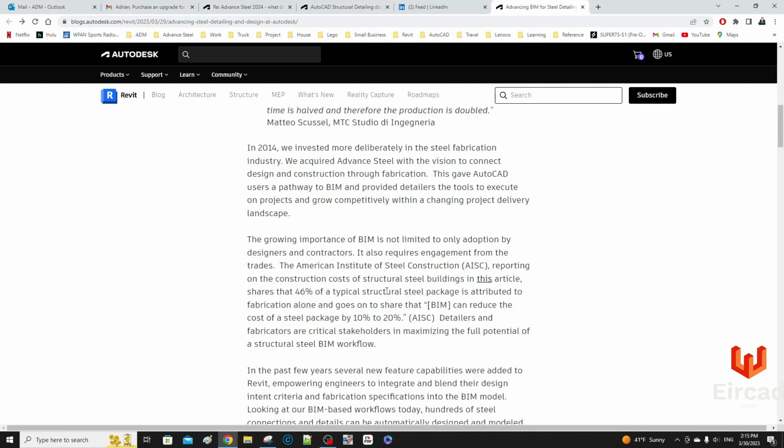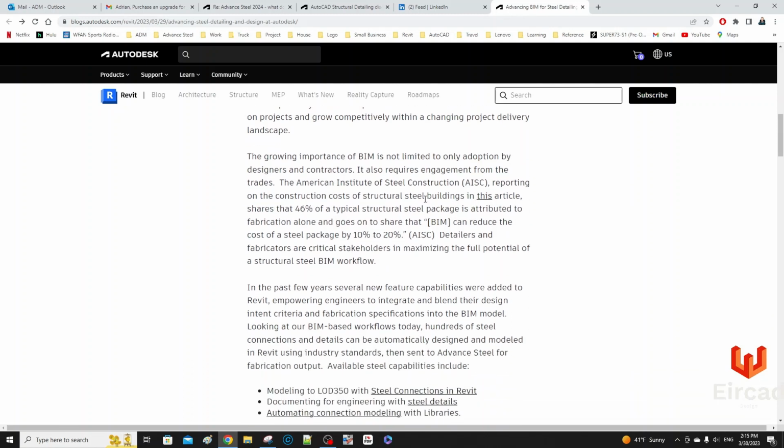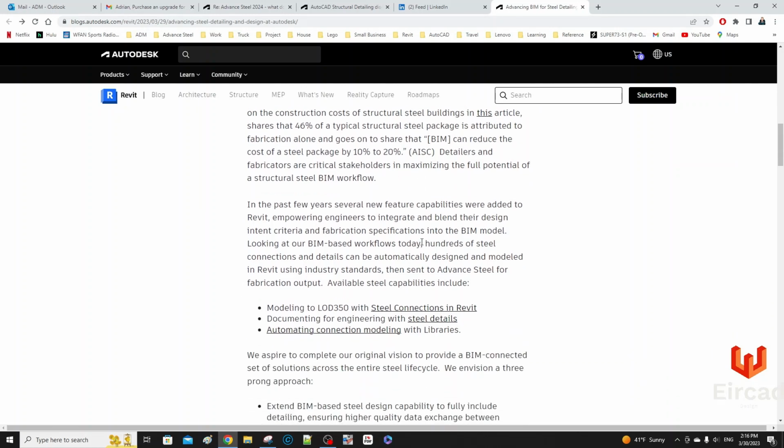If we go down through it here, there are some interesting statistics about the cost of structural steel buildings, and this shares 46% of typical structural steel packages attributed to fabrication alone. And BIM can reduce the price, right? So it's just telling you all great things about BIM. Detailers and fabricators are critical stakeholders, right? They're saying that, but then in the next paragraph they go on to say,